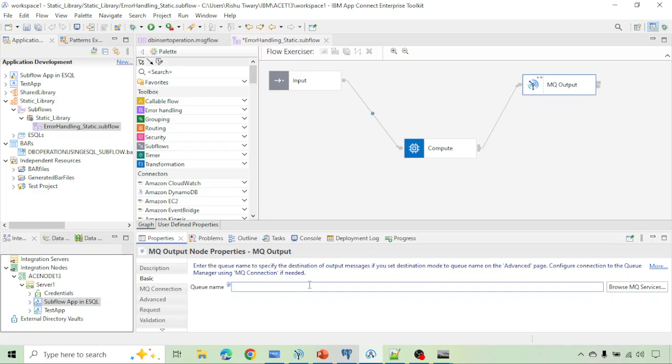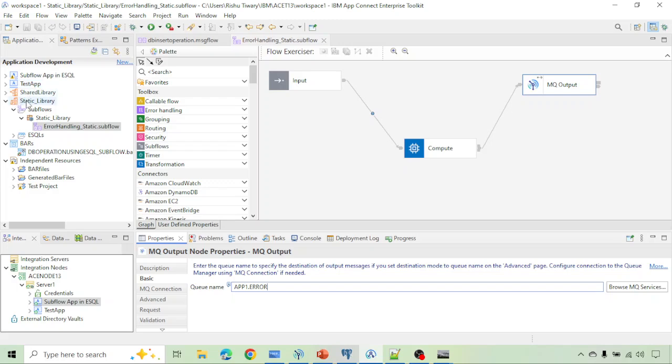For that, I am just replacing this queue name with this one. So I have updated the library. This library is referred to by this application and this application, so to make the change take effect in both, you need to redeploy your application,